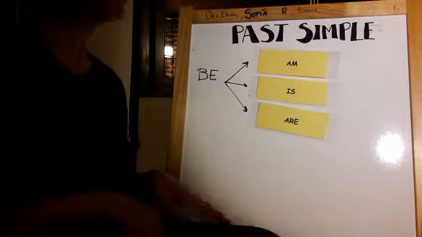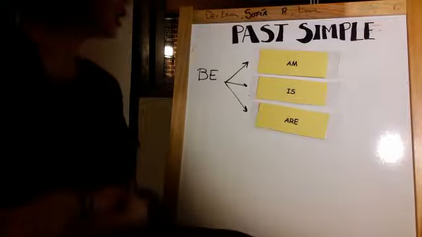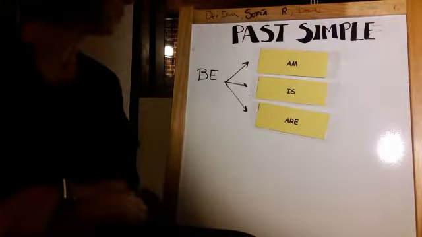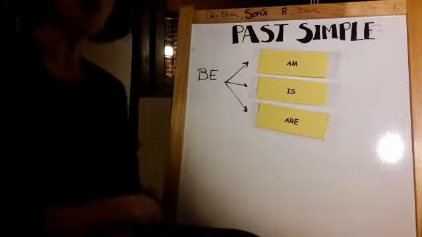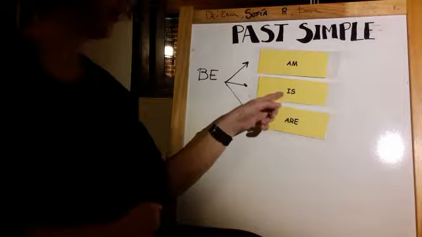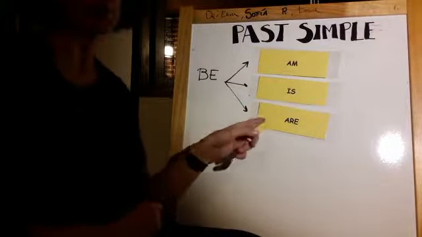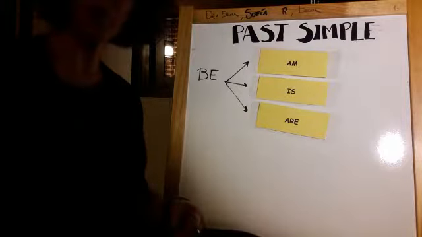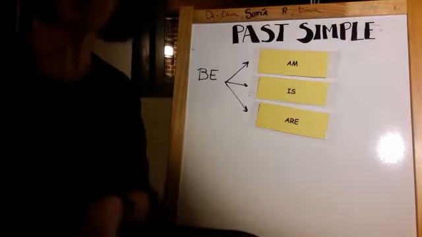Hello, we are going to talk about past simple in this unit. So we are starting with a very special verb, which is be. And when we studied be in the present, we saw that there are three forms: I am, he, she, it is, and we are. Okay, in the past, there are only two forms which correspond to